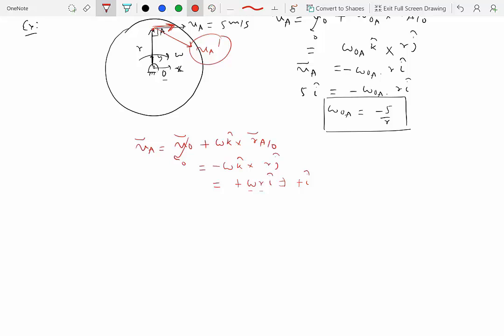And you kind of know this because when we talked about kinematics of particles, you learned that if a particle is moving, then its velocity is tangent to the path. So if you think of point A as a particle, point A is actually moving in a circular path with O at the center, which means that if you draw the tangent at A, it is going to be pointing along the positive I hat direction, right? So that's how you know that this will be an impossibility.